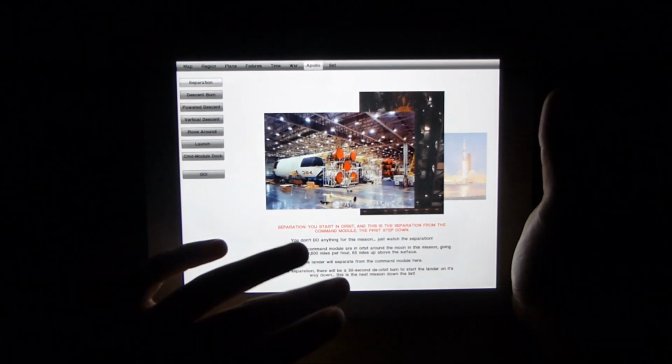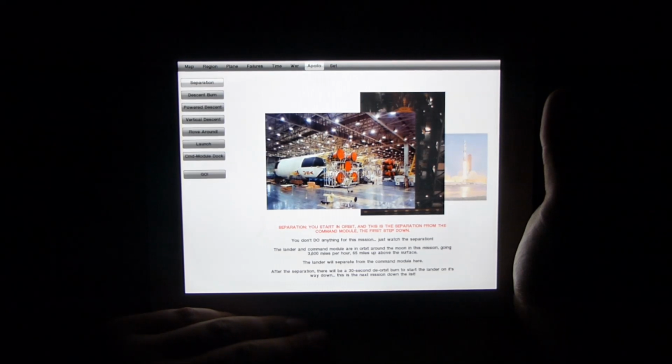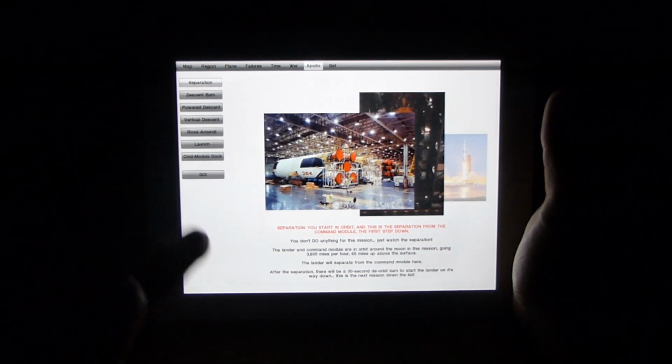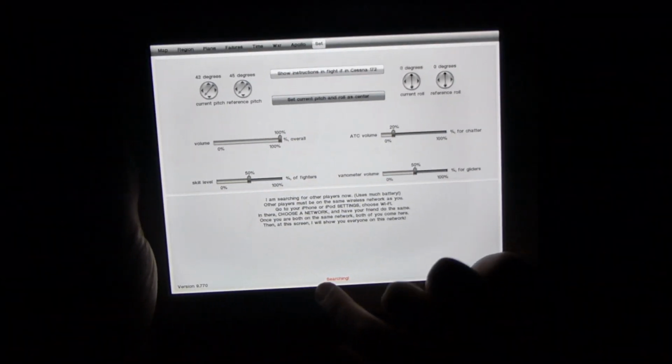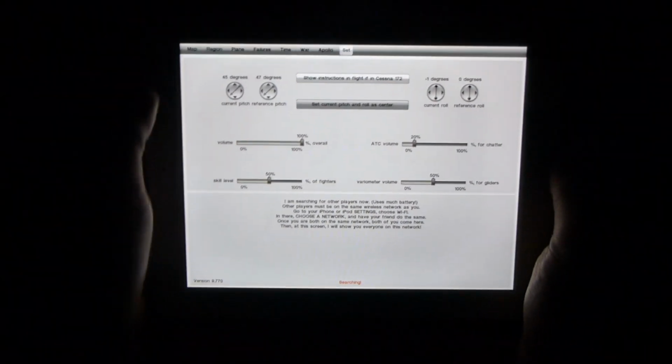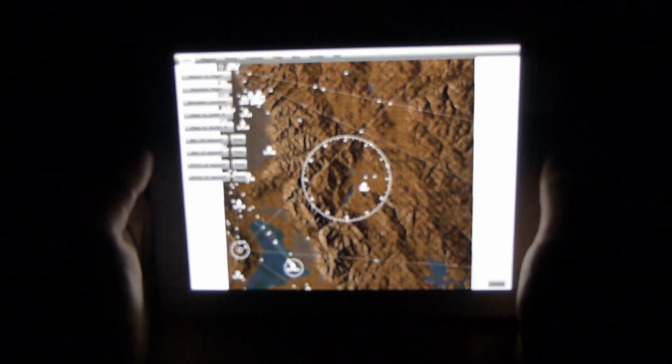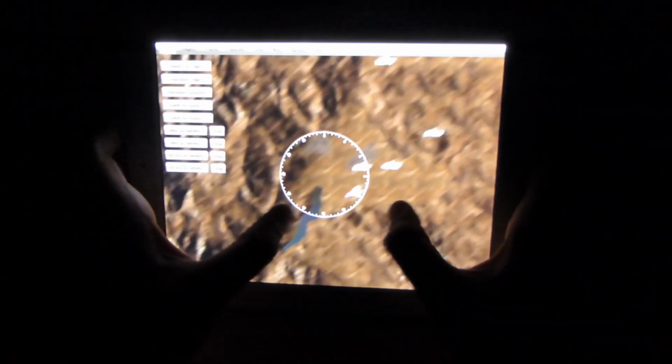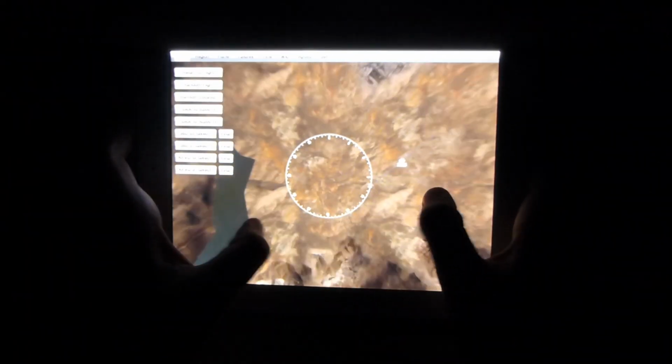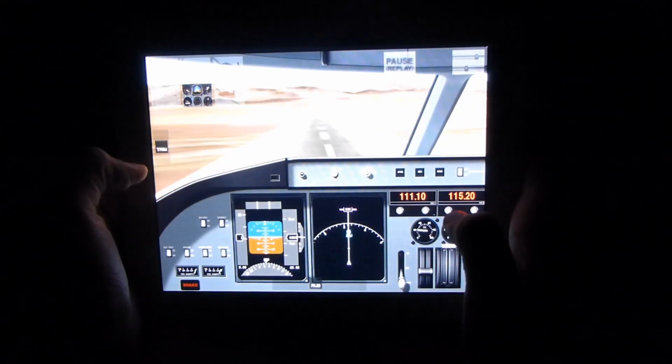Now this is the Apollo add-on. I'll come back to this later on. But also here we've got your calibrator, and you can play with other people on the network. I haven't actually tried that feature out yet, but I'll just set this as the center, and we'll go ahead to map. Now if we find our aircraft is here on, oh no, actually we'll go to runway 36,